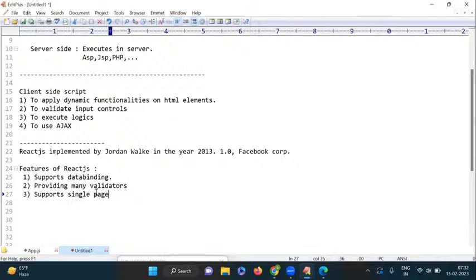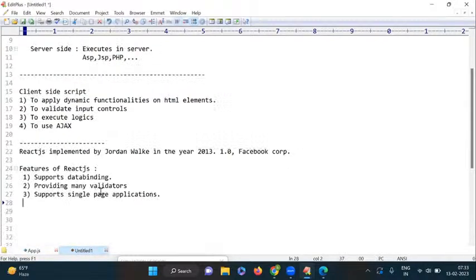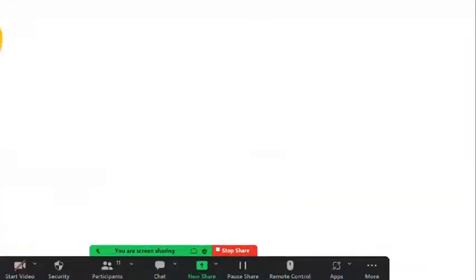Next one here, supports single page applications. Yes, the next advantage is that React supports single page applications. What is a single page application? What is the advantage of a single page application? It is a very important and very popular concept. I will just give you a simple overview. Now see, for example,